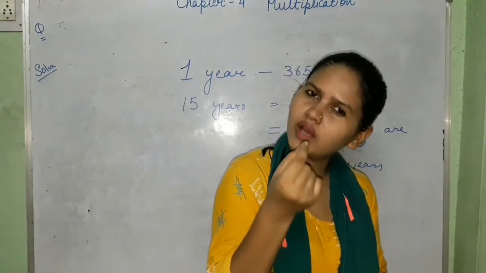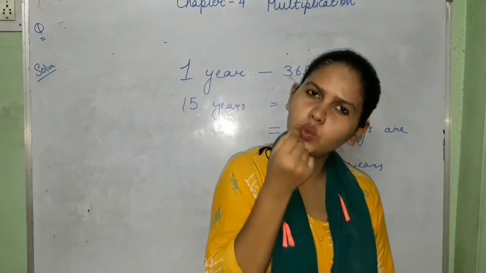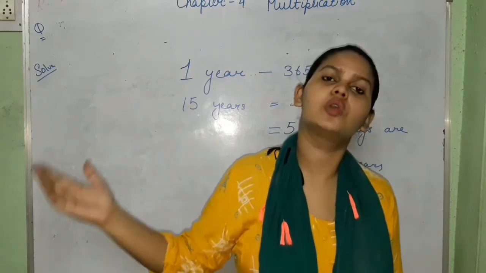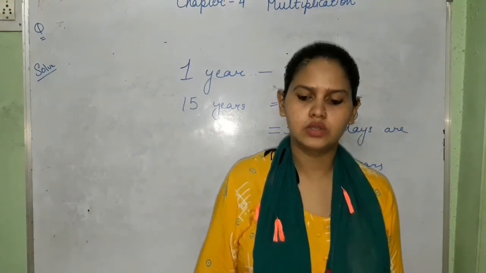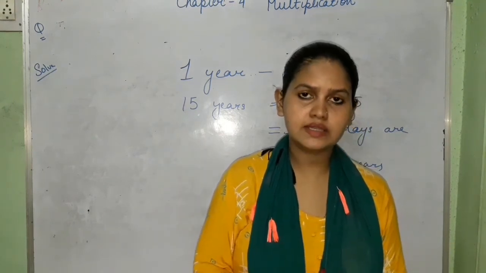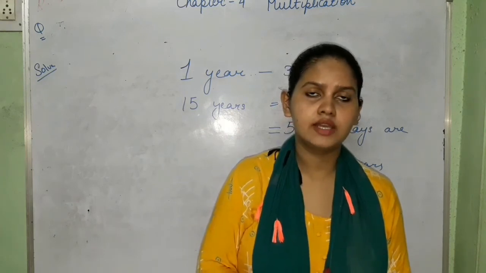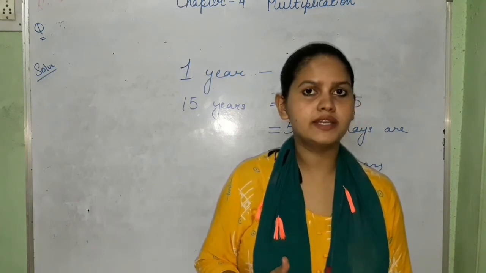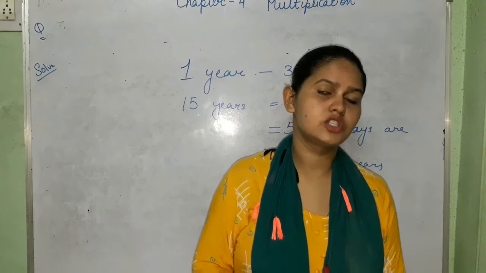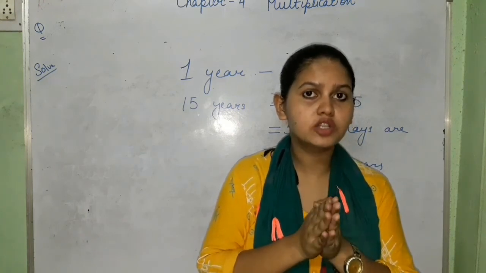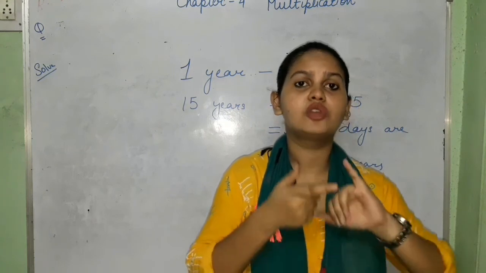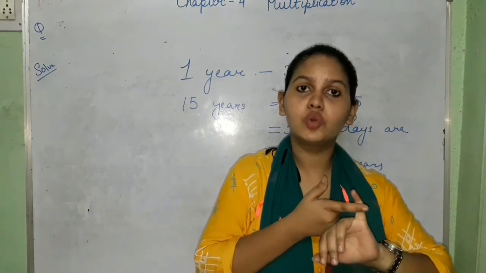If you know one thing of it, one quantity of it, you will find the whole quantity of that packet, right? For all 40 packets. So hope you will remember these things and you will do it by yourself. And yes, I will provide you a PDF with solutions, but students, if you want to be able to find the product of multiplication, you have to learn the tables, you have to know why we